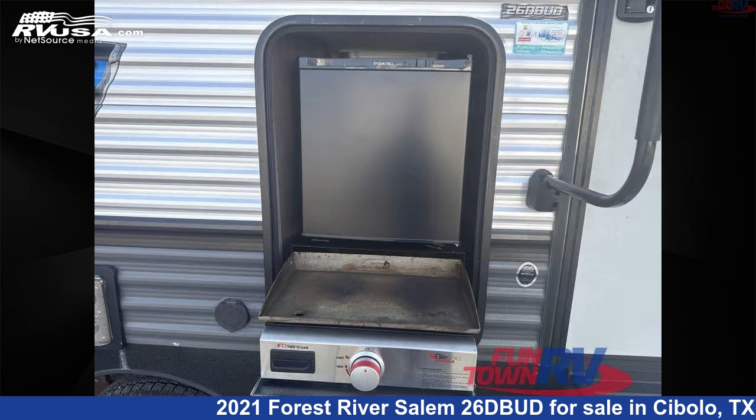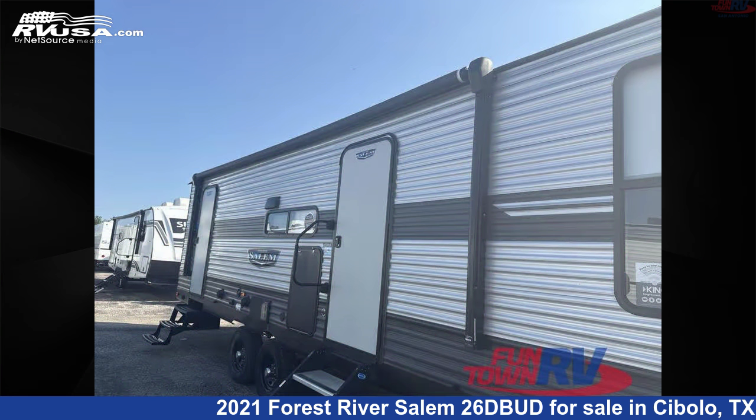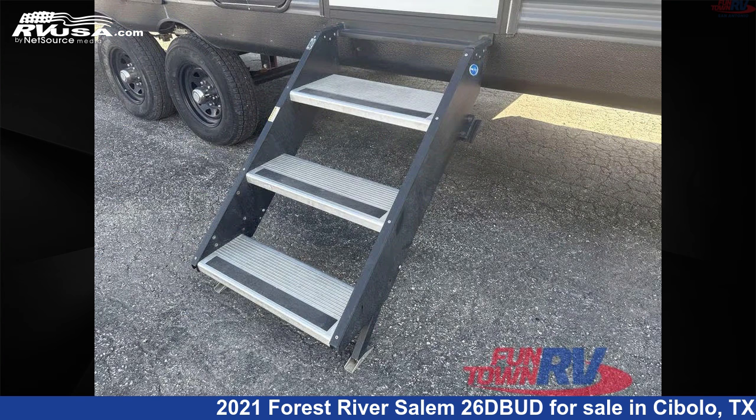This used Forest River is 33 feet 0 inches in length and features sleeps 10, Slideout, and 61 gallons fresh water capacity. The floor plan layout of this travel trailer features bunkhouse, front bedroom, outdoor kitchen, 2 entry, exit doors,